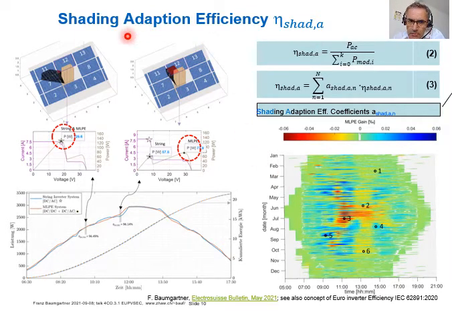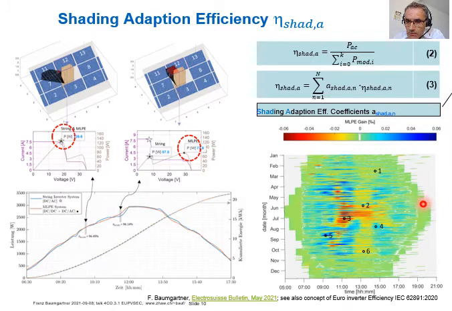And the method we want to propose is a simple one, and it's similar to the average efficiency, the European and the California, for the standard inverter. We will propose, for example, 6 typical conditions for the different shadings, and we will measure, for example, operating point 5 in the lab, and out of that efficiency we have a weighting factor, and with that weighting factor, which